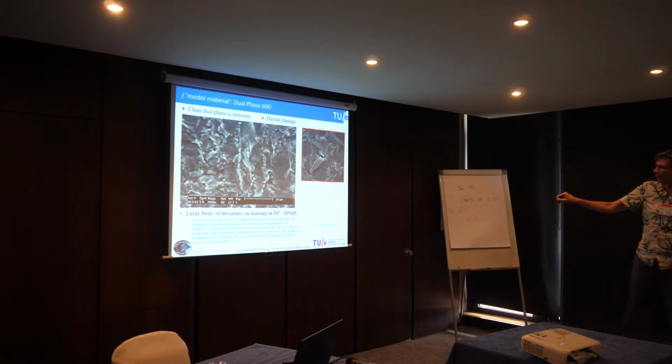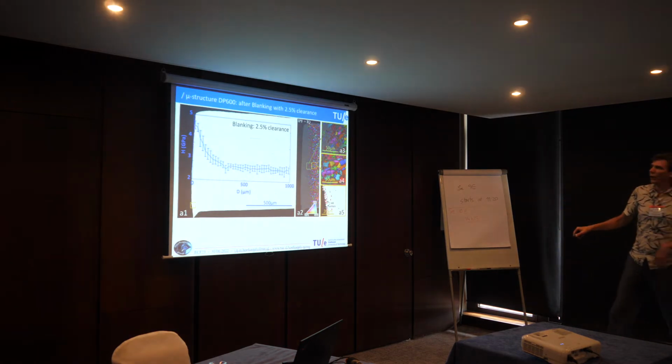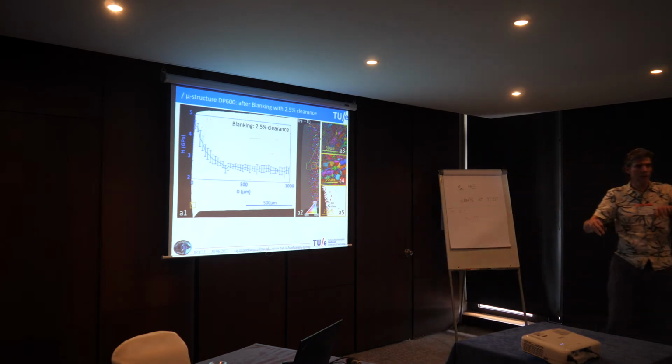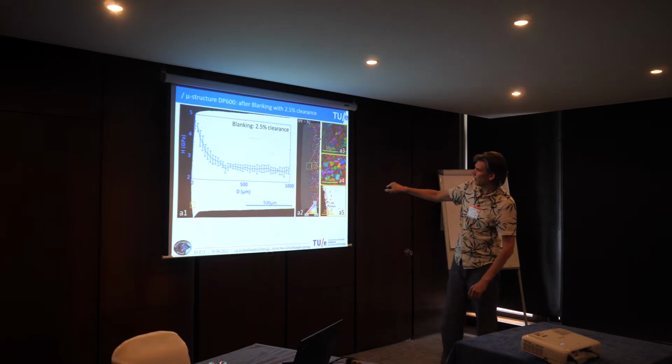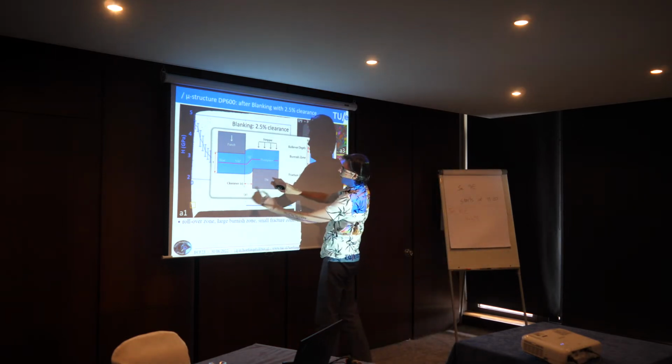So the question here is, how does this material behave under cut edge failure conditions? Okay, so first let's look at blanking. We create a hole and blank, and just look at the cross section here. The cross section looks like this, but more schematically it looks like this. You can now see a punch coming down, there's a die,